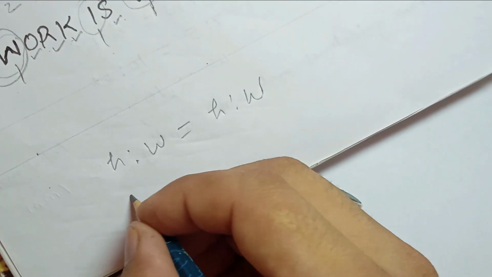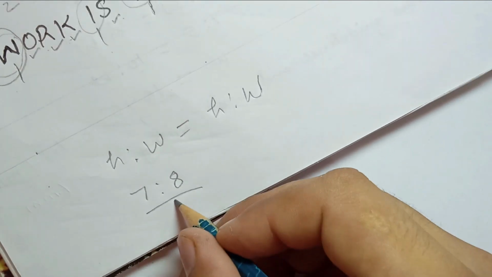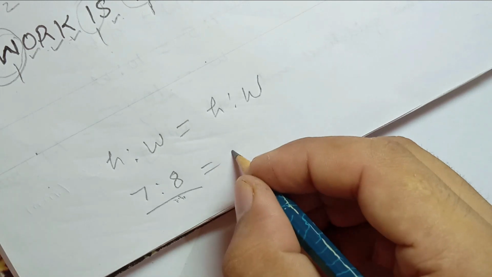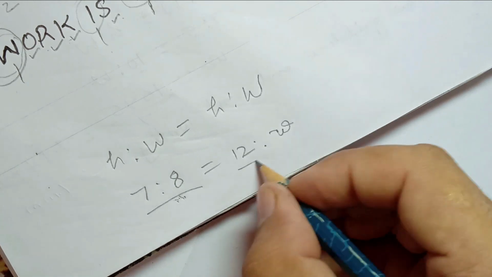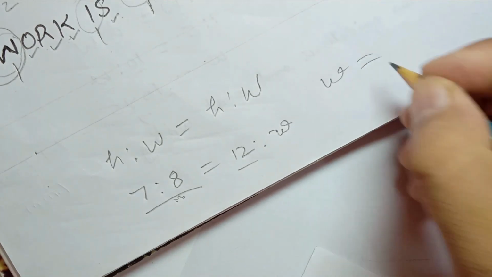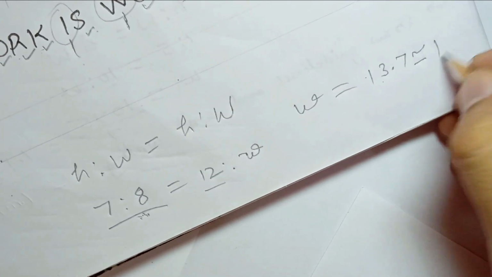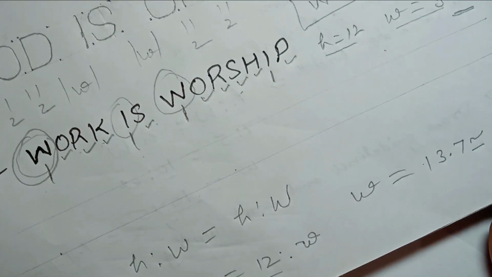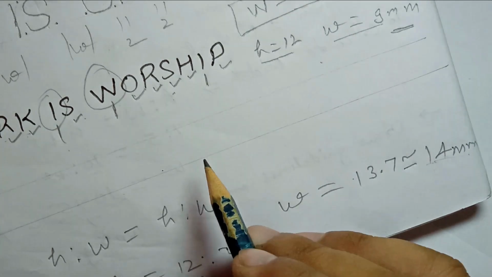Now in this question it is given as 7:8. This is the normal width of W. So whatever the width of the exceptional letter is, take the width on the side, and in the question the given height is 12, so we calculate the width required as per 12. So we have calculated W is equal to, now it is coming 13.7, so you can go with 14 mm. So when we have to write W, you have to take 14 mm width as calculated, and the height will be 12 mm as given in the question.